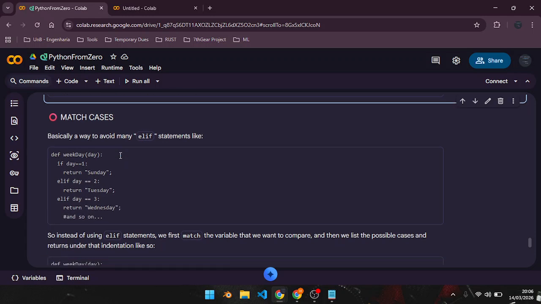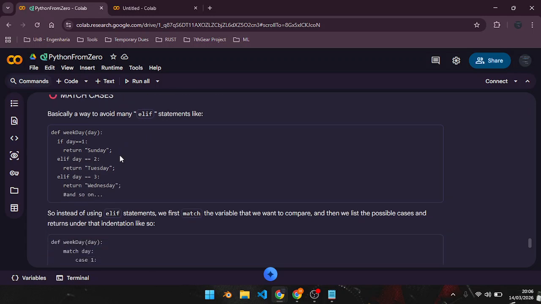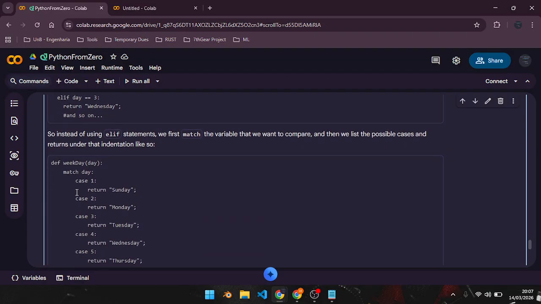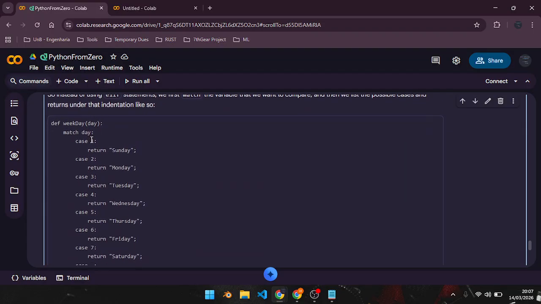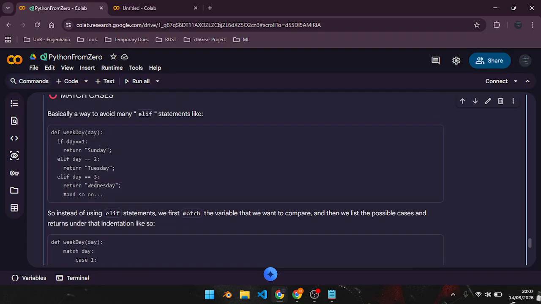Match cases. At first, it seemed really dumb. The core idea, they call this switch for some reason. The core idea is that you don't want to have all these else if statements because your code is going to look ugly. So instead, you match your variable and you compare it to these cases. So instead of having if day is 1 or if day is 2 or if day is 3, where you'd have to write all that like I did over here,